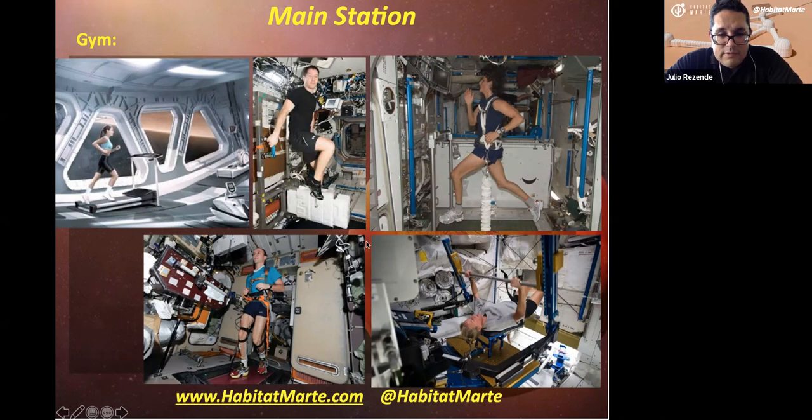They practice exercise because without gravity, the loss of muscles is very common, and also a lot of problems related to health. Because of this, three hours of exercise each day are necessary to stay healthy. Also, on Mars,